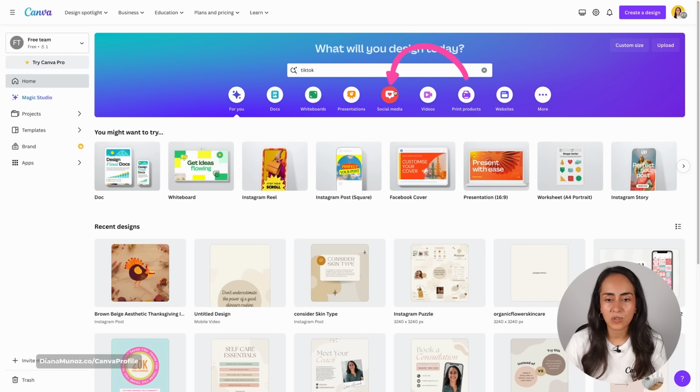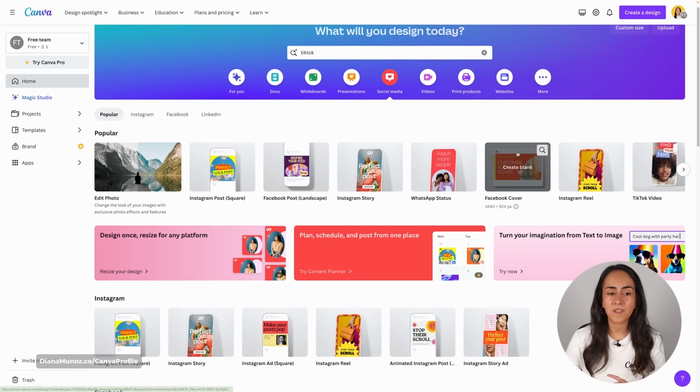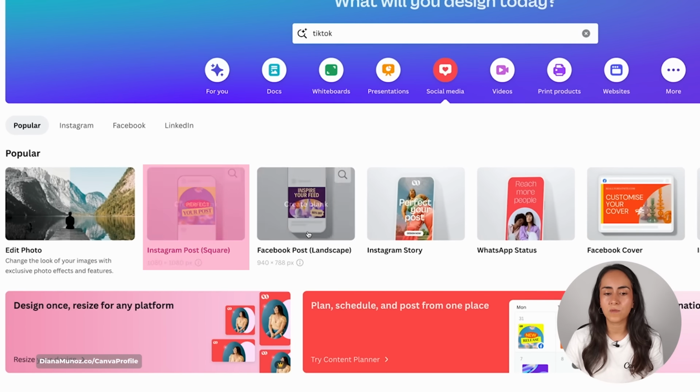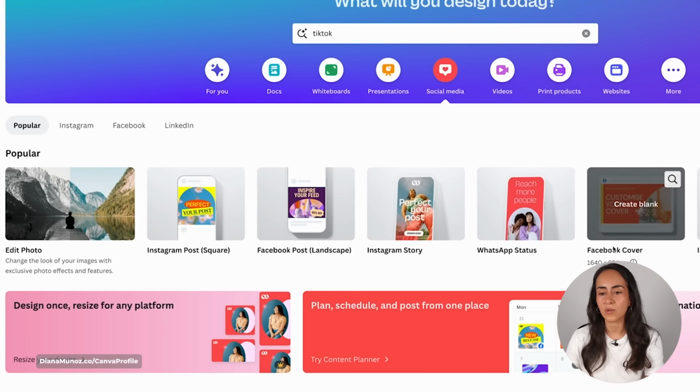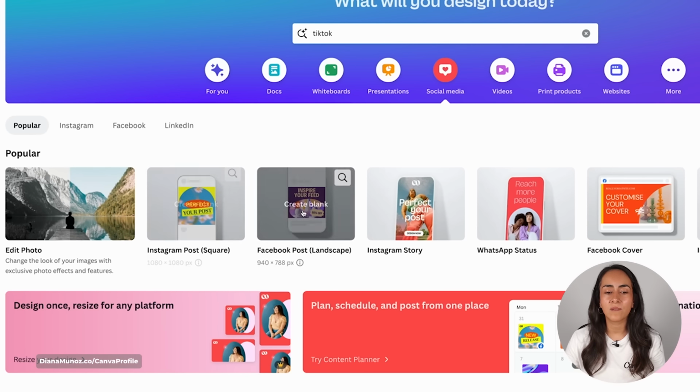So let me go to social media to show you what I'm talking about. From here we have Instagram post, Facebook post, Instagram story, and so on. When I hover on any of these options, you will see that I have the option to create blank. This is going to open a new document in the editor with the right size that I need for this